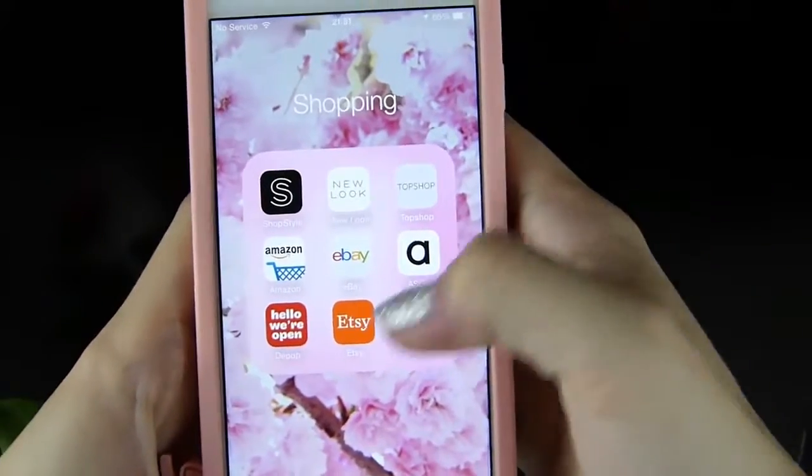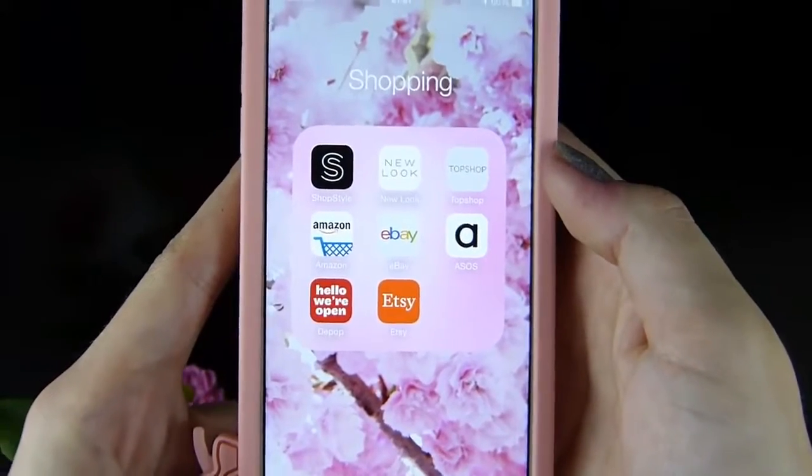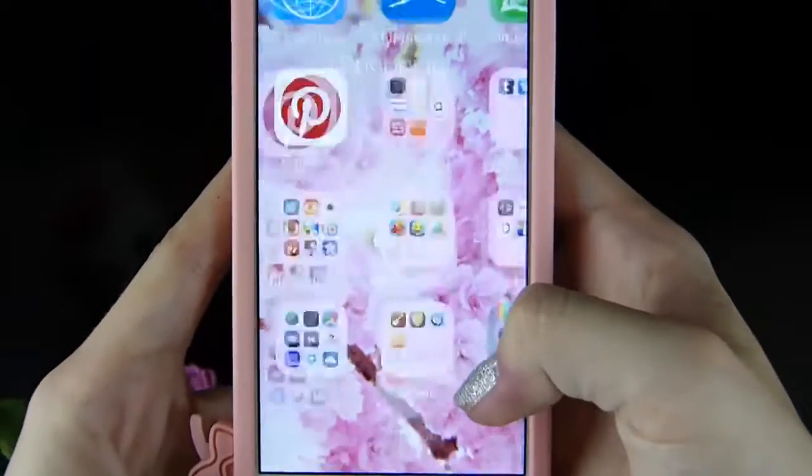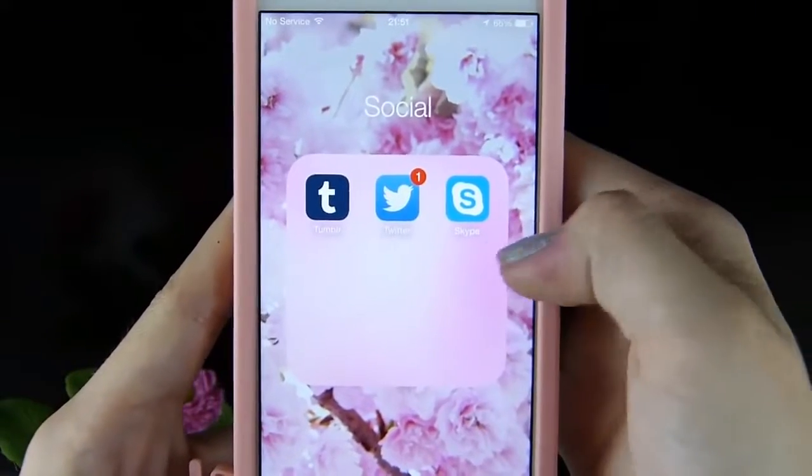I have the ASOS app, I have my Depop, which I haven't actually bought anything off yet, I just like looking at other people's Depop because it's quite fun. And then I have Etsy, and then in my social app I literally just have Tumblr, Twitter and Skype,